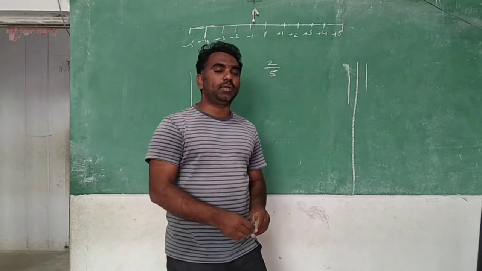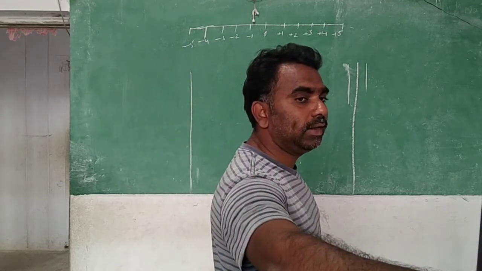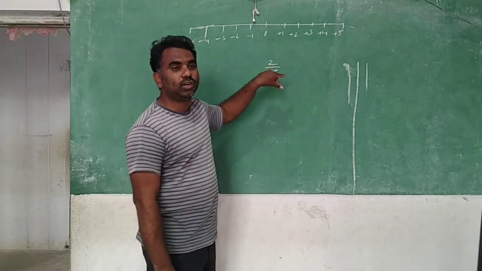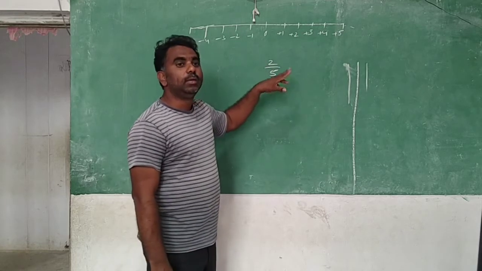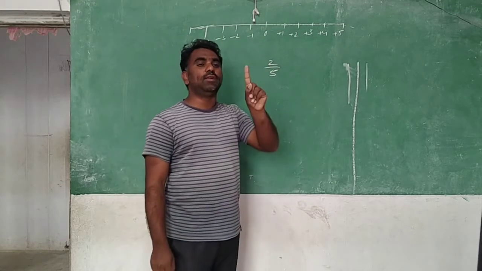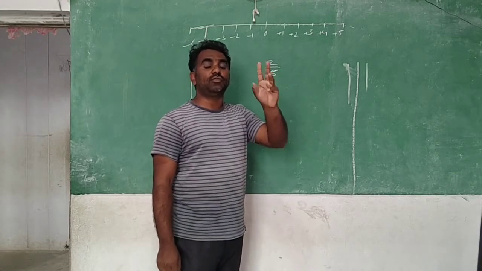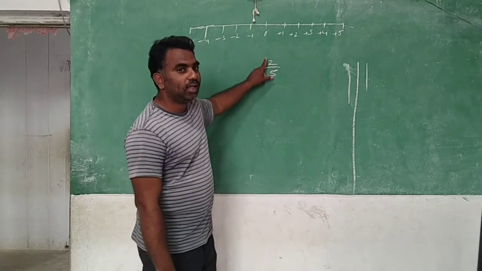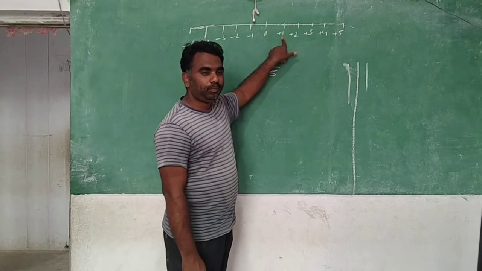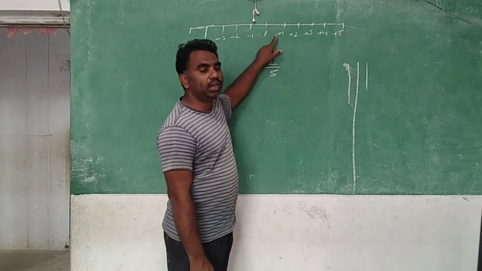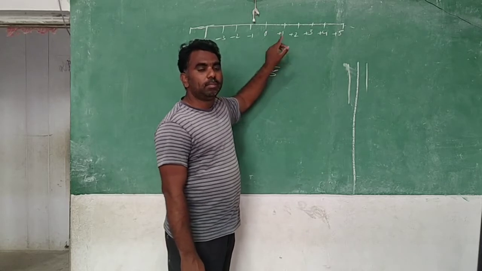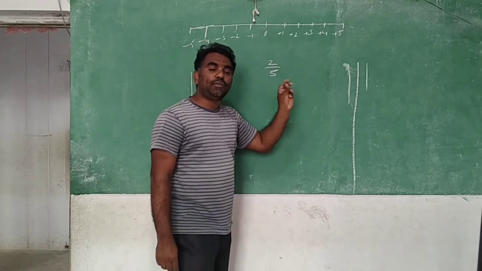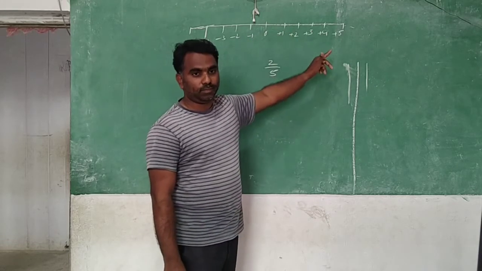Because you know that for an improper fraction, when we have shown it, you have taken more objects. When you observe this, the first day we have discussed the picturization. For the proper fractions we need only one object, but for the improper fraction we need more objects. So that's why you can say proper fractions are always between 0 and 1. Remember that all the proper fractions are in between 0 and 1. Improper fractions are more than 1.